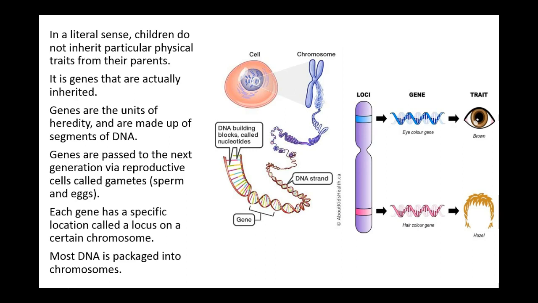So remember, we have 23 pairs, 46 individual chromosomes, and those chromosomes are very long, each one. Each one is going to have a sequence of nucleotides that make up the locus. So there are infinite numbers of loci on a particular genome. And then the DNA is packaged into chromosomes. Some of these terms we're already very familiar with, very comfortable with, but this particular slide, you picked up this word locus and maybe the definition of genes.